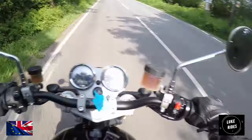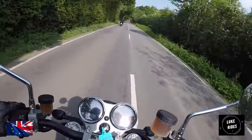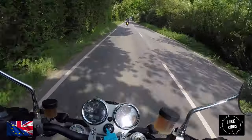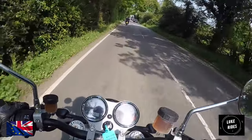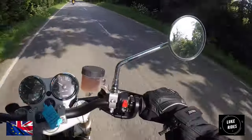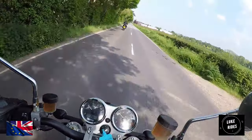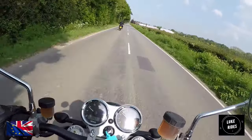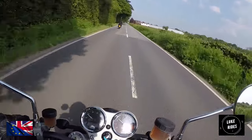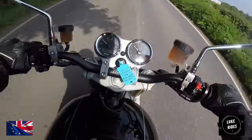So the exhaust, so you can all say this Norton makes a really nice noise, better than the equivalent Kawasaki, BMW, Ducati. You are absolutely full of crap. The only reason why that Norton is able to make these really nice noises is because it's not Euro 6 compliant. You can only buy a Norton if you're in Britain. You can't buy it if you're outside of Britain. So this Norton is able to get away with a lot more, and is able to have a more free-flowing,